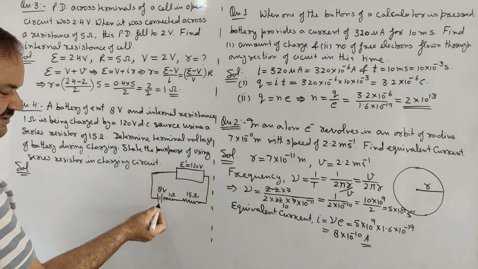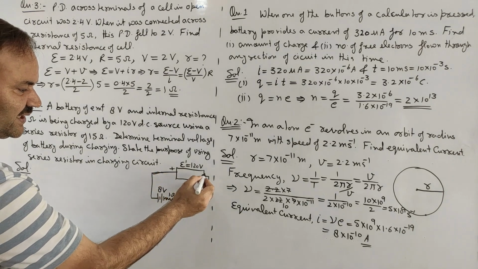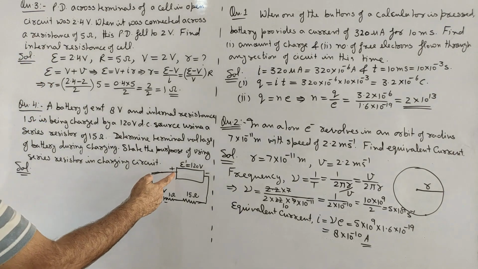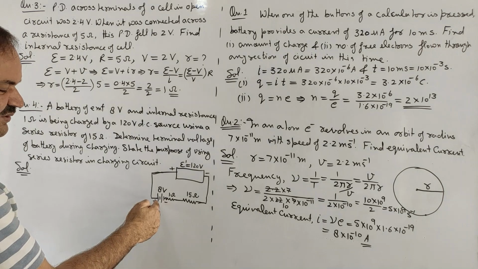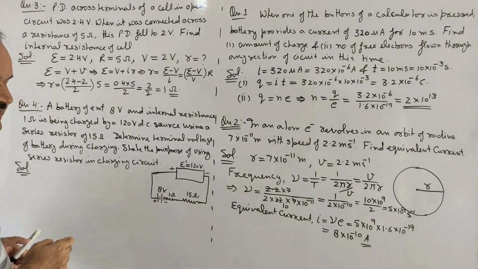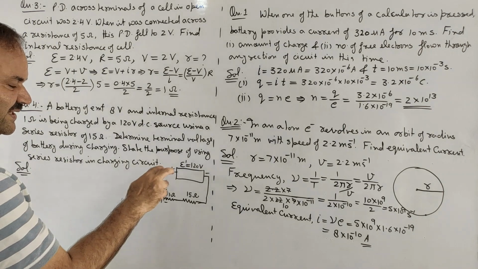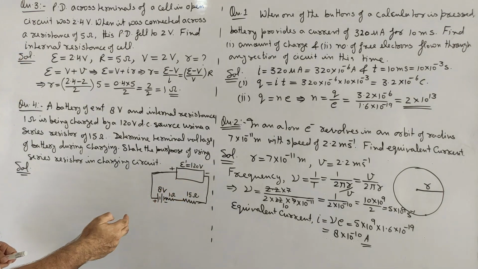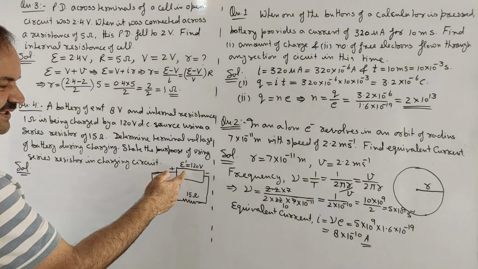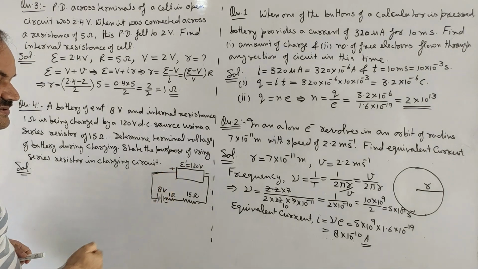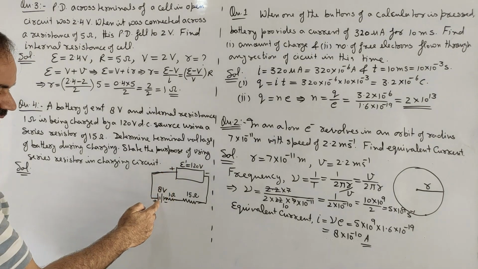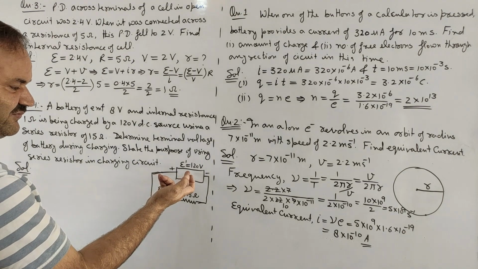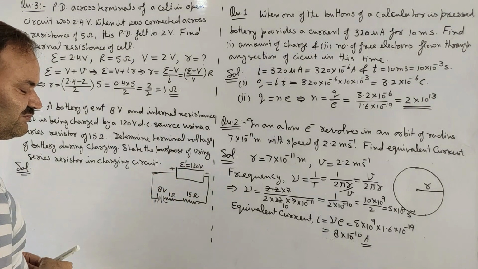Now to charge the battery, the charger and battery are connected in the same sense. It means the positive terminal of the charger will be connected to the positive terminal of the battery, and the negative terminal of the charger to the negative terminal of the battery. Since both EMFs are in opposite sense, if the EMF of the charger dominates, then current due to the charger will dominate. But if the EMF of the battery is more, then current due to the battery will dominate. Here we see that the EMF of the charger is much more.